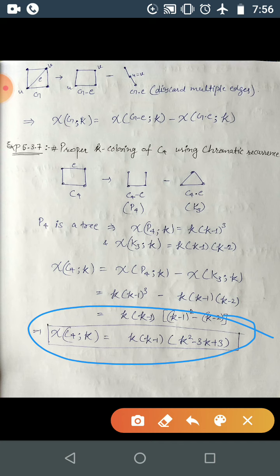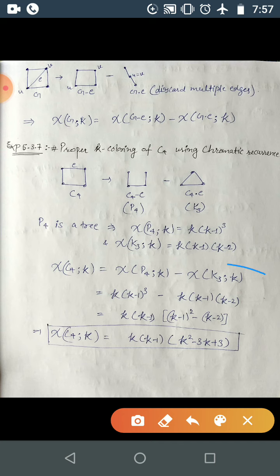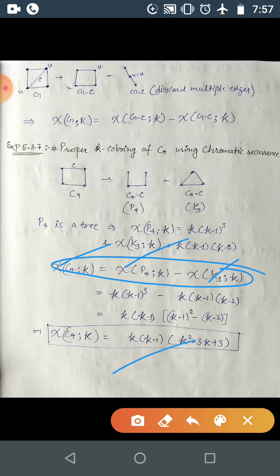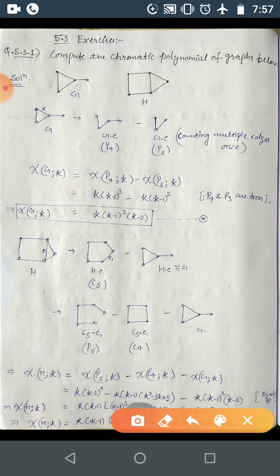Now you know that for K2, because K2 is a tree, K3, you know C3 is also the same as K3. Every path you know, because every path is a tree, and here also C4 you know, correct? And you can use the chromatic polynomial of C4 to find that of C5. There you will have the chromatic polynomial of C5 equal to the chromatic polynomial of P5 minus the chromatic polynomial of C4. So the same way it will be solved. Okay, so that's it.